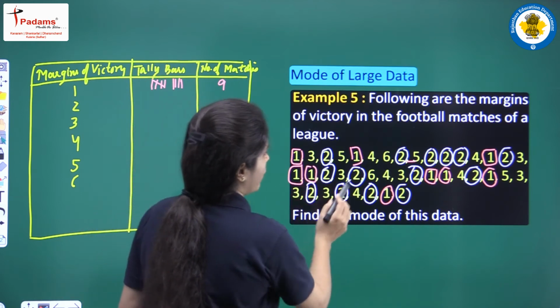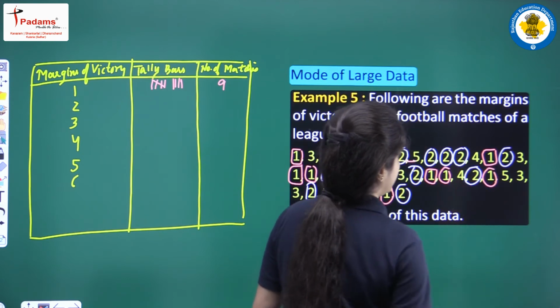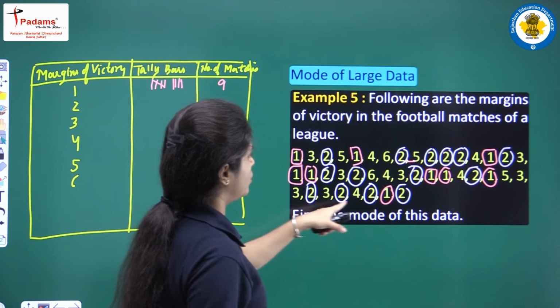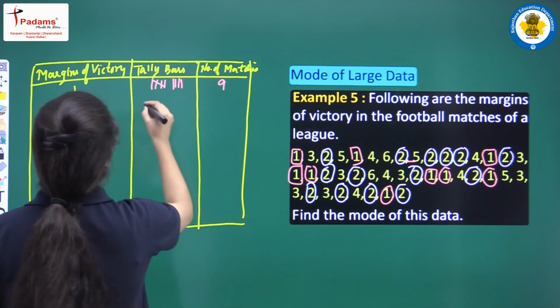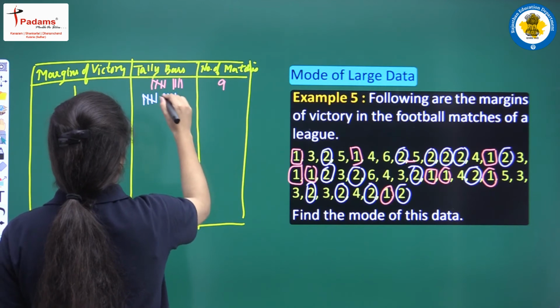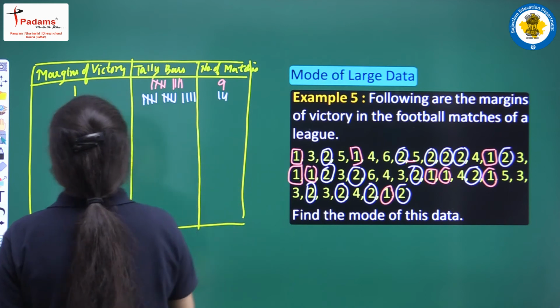1, 2, 3, 4, 5, 6, 7, 8, 9, 10, 11, 12, 13 and 14. Anything else from the marked circles that belongs to 2? Nothing, okay. So students, 14. So this is 14. Alright students.